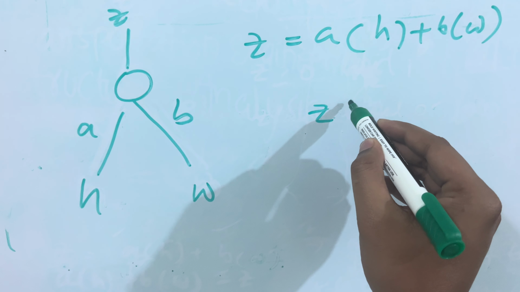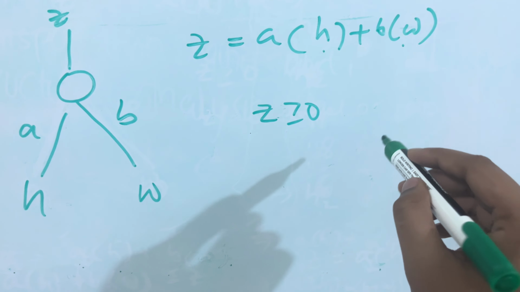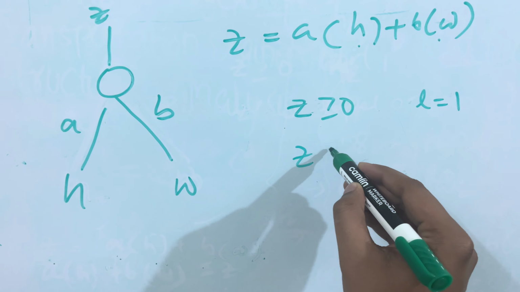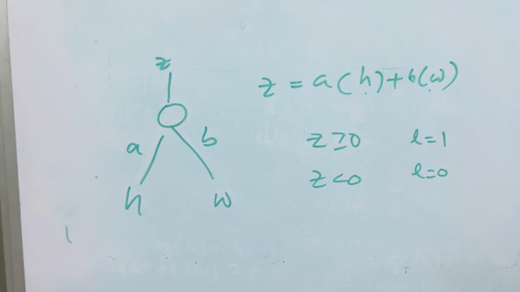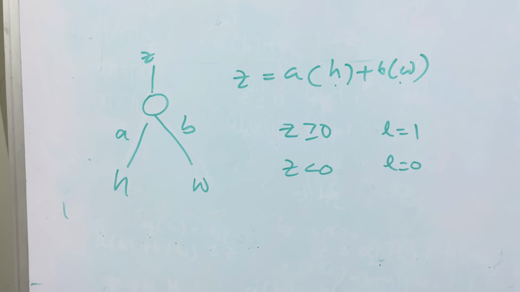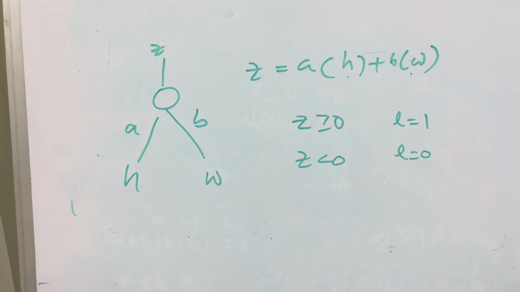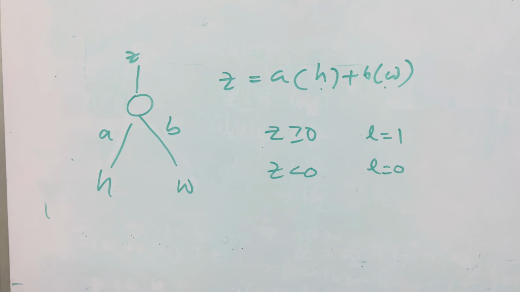The condition is: if Z is greater than or equal to 0, then this H and W are from label 1. If Z is less than 0, this H and W are from label 0. In this way it works for binary classification, but rather than that, they are introducing